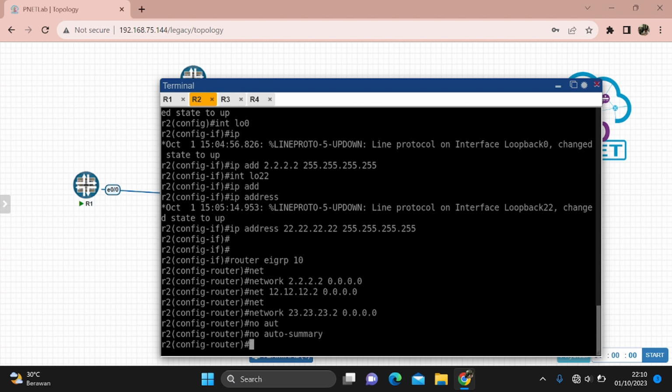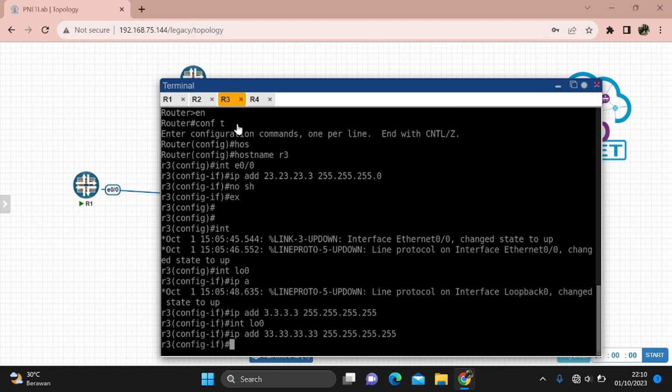Now auto summary, and then the IGRP of router 3.